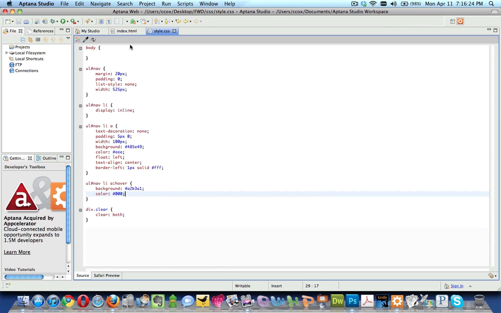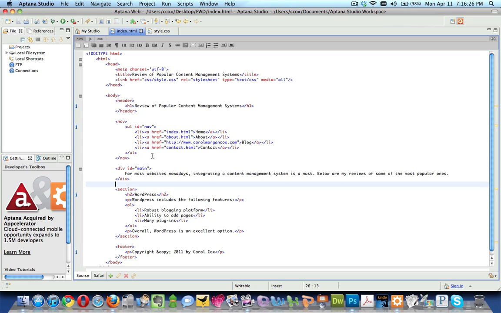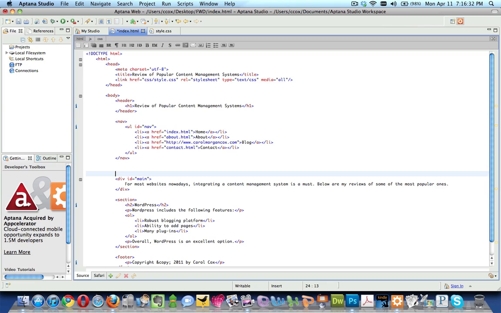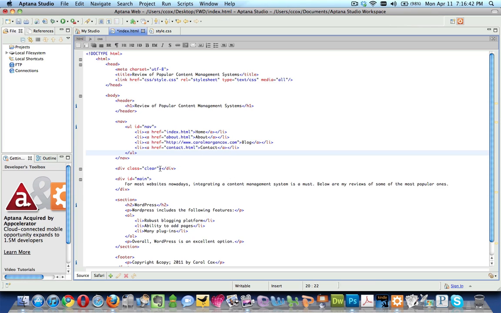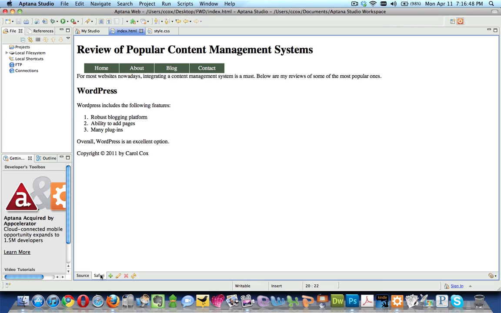We're going to go back, make sure to save that, go back to your HTML page, and in between the closing nav and the beginning of your div ID main, you're going to type div class equals clear, and that's the style we just created. We're going to close that, and then we're going to close our div. So basically there's nothing here in between, but this just tells it to clear all those styles so that it kind of resets it. So if we take a look at our preview, now we see it's underneath,